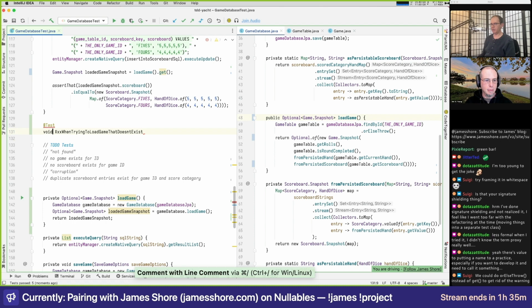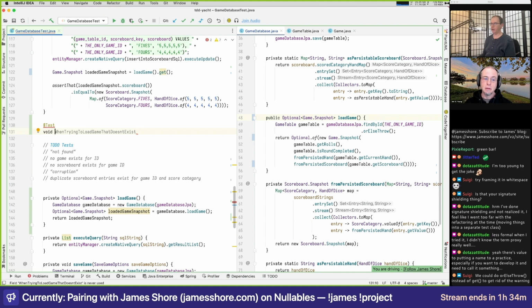There we go. Yeah, so let's call it, I mean, it just returns. So what's the not found branch of the optional called? Well, it can either throw an exception or we can return a default.